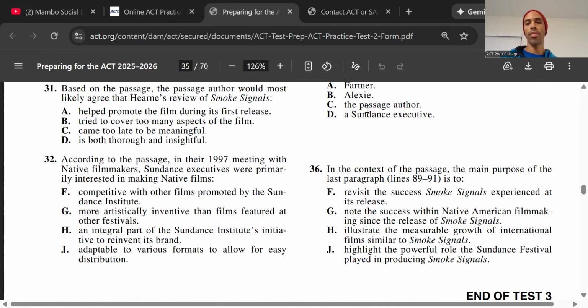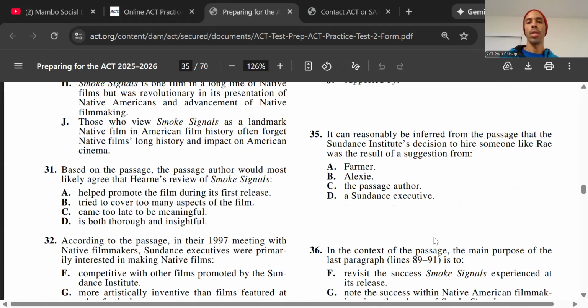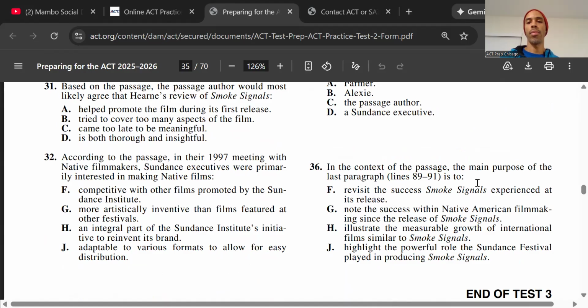Question 36: in the context of the passage, the main purpose of the last paragraph is to... Although the film's glow has receded somewhat, the direction of Native American filmmaking has led to measurable success and growth internationally. So it was to revisit the success, most of the experience? No. Note the success within Native American filmmaking since the release. Yes, it's definitely G. Illustrate the measurable growth of international films? Similar? No. It was more about Native films. Highlight the powerful role the Sundance Festival played in producing? No. It was to note the success within Native American filmmaking since the release of Smoke Signals. It's definitely G